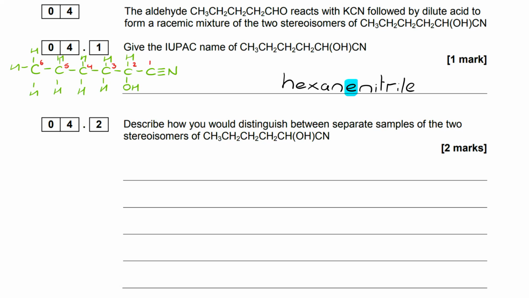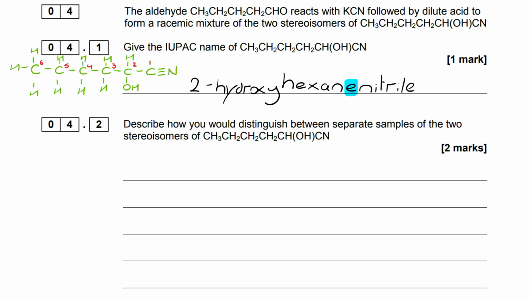Now, coming off it is an alcohol, but we can't have -ol as a suffix if we've got nitrile as a suffix. So we have to use the prefix, which is hydroxy. It's in the 2 position, so it's 2-hydroxyhexane nitrile. And then we have to think about how we might distinguish between 2 separate samples of stereoisomers of